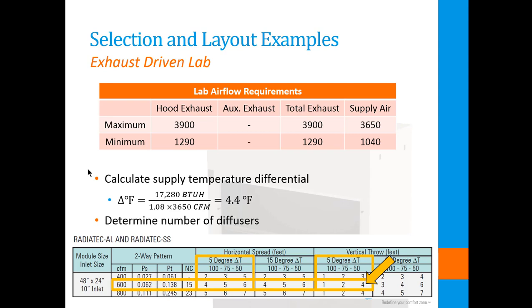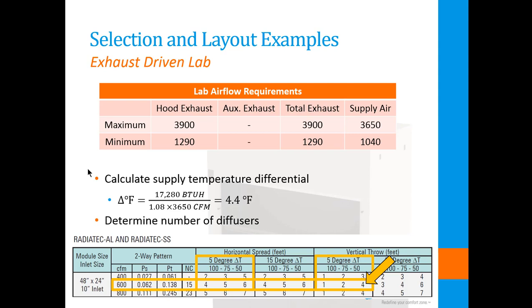This is half of the capture velocity for these hoods. As discussed earlier, if there is air motion in the vicinity of the open sashes in excess of the capture velocity, we have a potential that the hood will not be able to contain the contaminants within the hood and exhaust them from the space. With the 10-foot ceiling heights, throws to 50 feet per minute must be 4 feet or